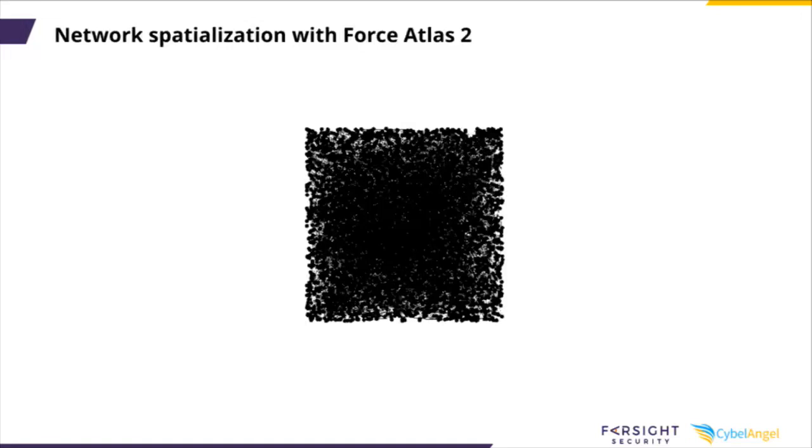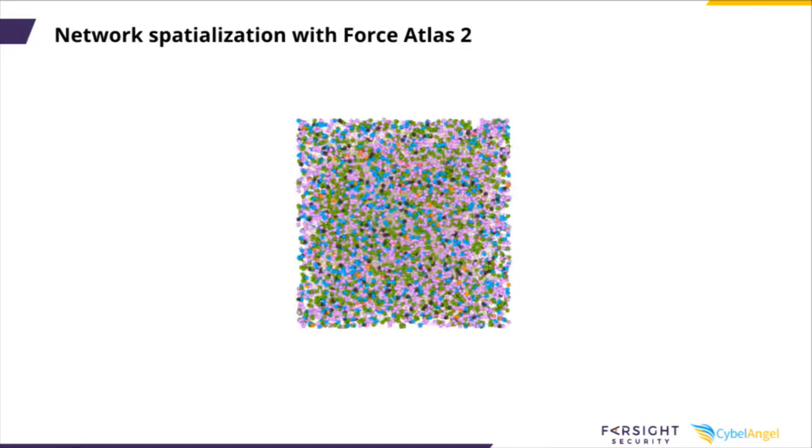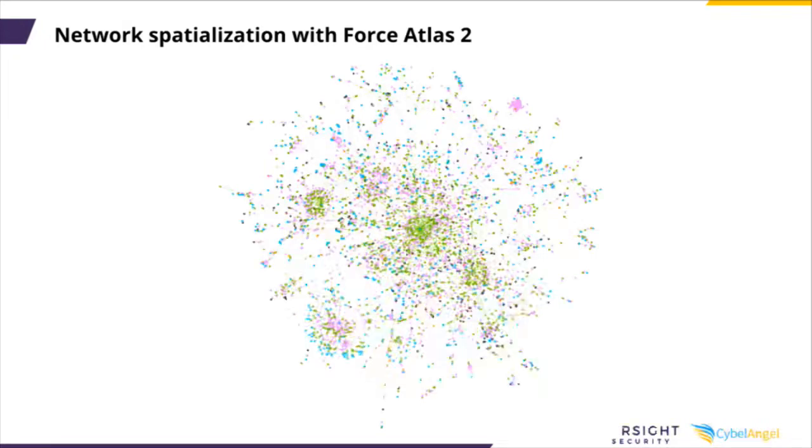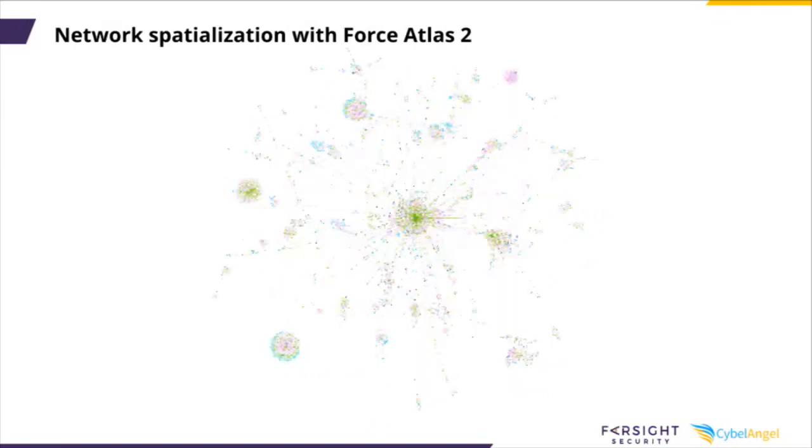If you put your data in Gephi, at first you have this big black mess. But then you can add some color to the features. It gives it a little bit more value. And then you can run some clustering algorithms. We like to use Force Atlas 2, which is a network specialization algorithm. And it sets all the nodes and edges apart like this. And it groups the nodes that look alike together. In the end, you can clearly see some clusters. So that's how it looks after running the algorithm.